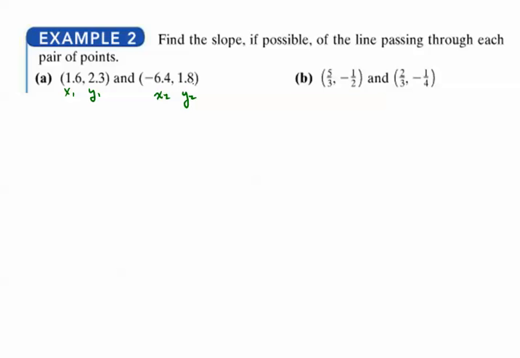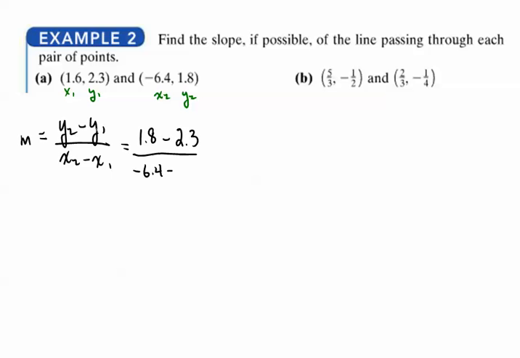Let's do the first example first. Then write my formula: m is equal to y2 minus y1 over x2 minus x1. I'm going to substitute my values. y2 is 1.8 minus y1 is 2.3 divided by x2, negative 6.4 minus